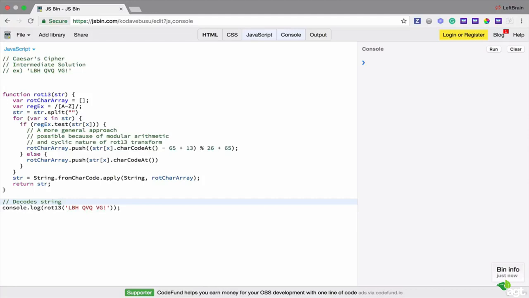All right, so to explain what we've done so far: an empty array is created in a variable called ROT array. This is to store the character codes. The regex variable stores a regular expression for all uppercase letters from A to Z. We split, and hold on. Yeah, there's supposed to be a semicolon here. But in this line,